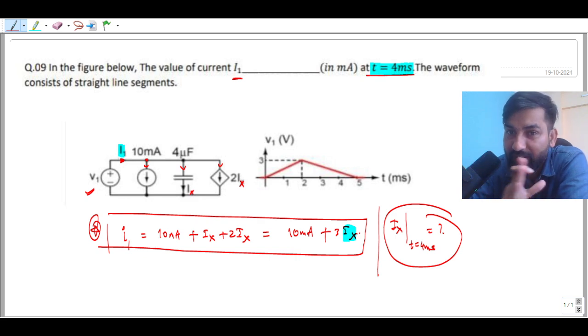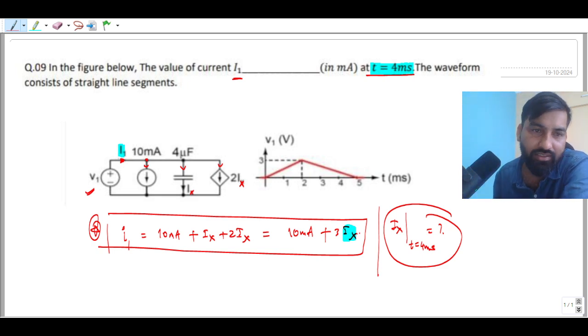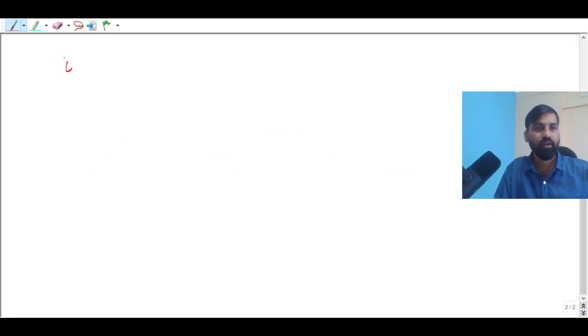Your V1 is applied across these elements, so Vc is going to be V1 only. You can see here, this V1 is across this capacitor also. So you have to just find Ix at 4 millisecond. Ix is nothing but what? Let me write here. Ix at 4 millisecond is going to be C times dV1